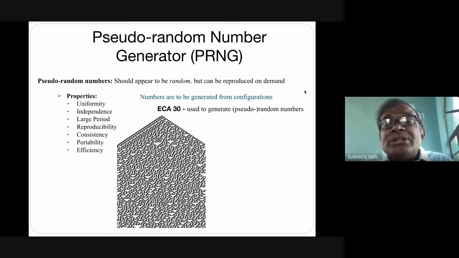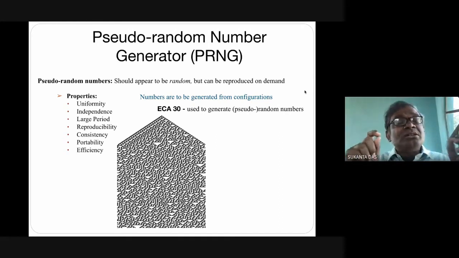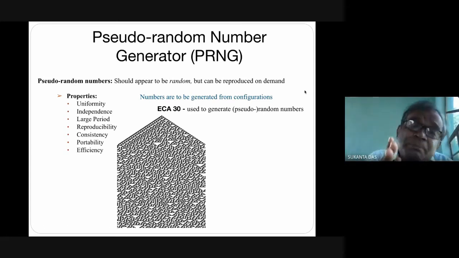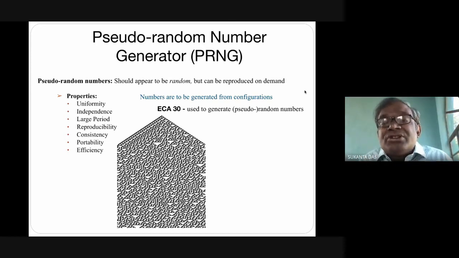So ECA30 was first used to generate pseudo-random numbers or patterns. Sometimes we call it pattern. See, here is 0, 1, 0, 1, 1, 1, etc. The sequence is a pattern of 0 and 1. If we convert the patterns to numbers, we can call them pseudo-random numbers. Or if we don't convert it, if we just concentrate on the configurations, we call them patterns. So sometimes we call it pseudo-random pattern generation, right? Anyway, Rule 30 was first proposed to generate pseudo-random numbers or pseudo-random patterns, but the point is there's